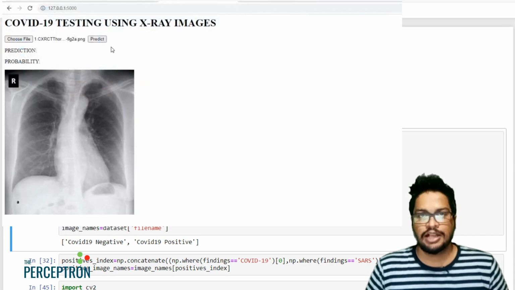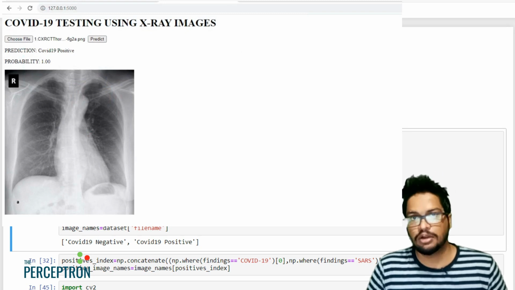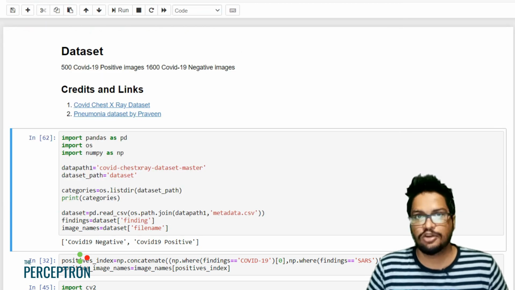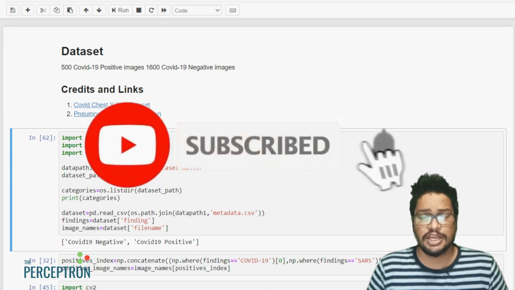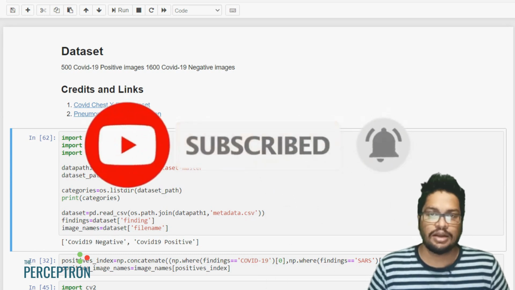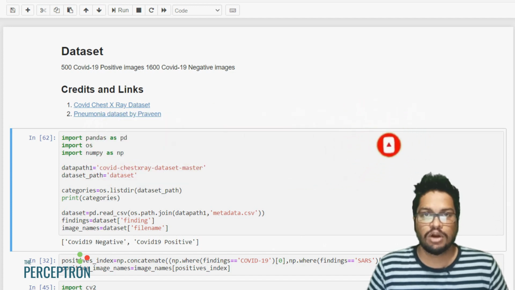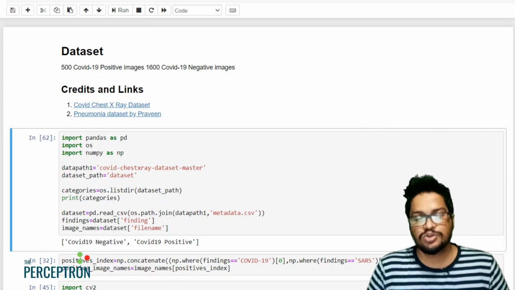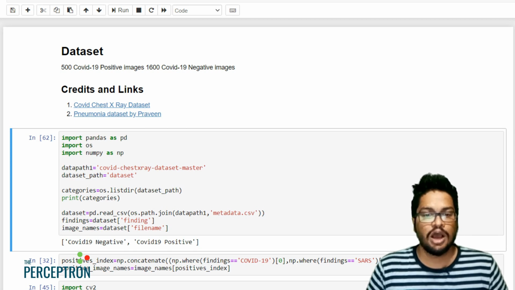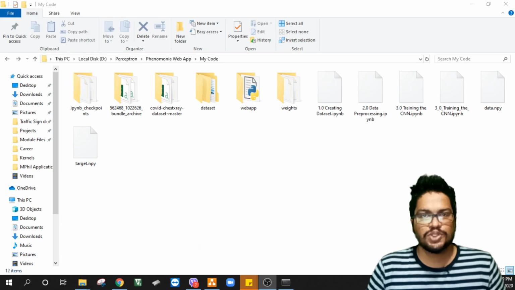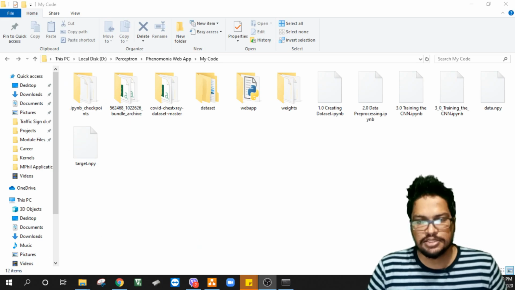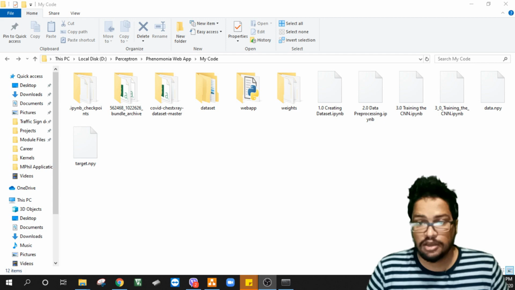So my actual target is to discuss how to train a convolutional neural network for this kind of application, this kind of a classification application, and also how to integrate that trained neural network model into a web application using Python and Flask. So first of all, I will show you the project folder, and then I will explain how we can implement this project. So this is the project folder, and you can see that here we have several folders and